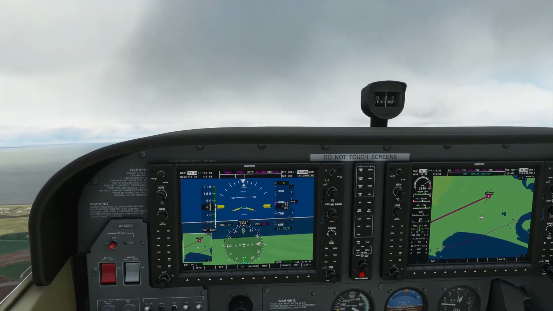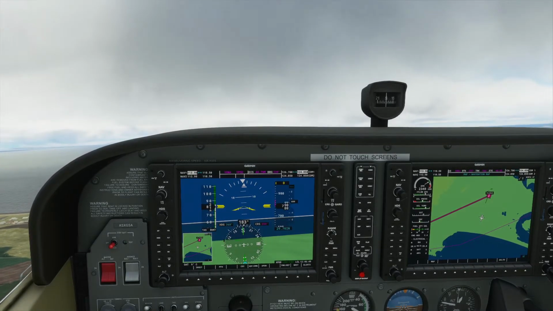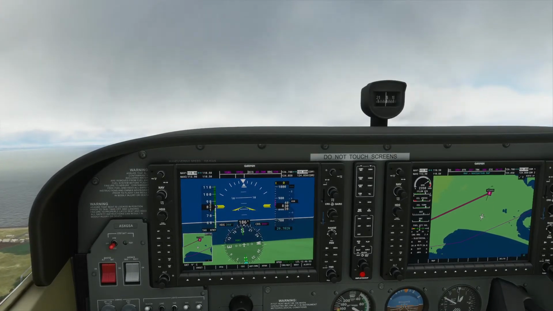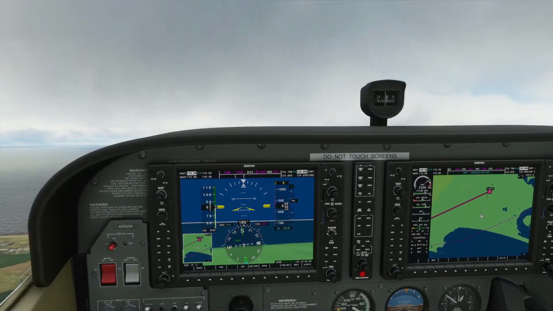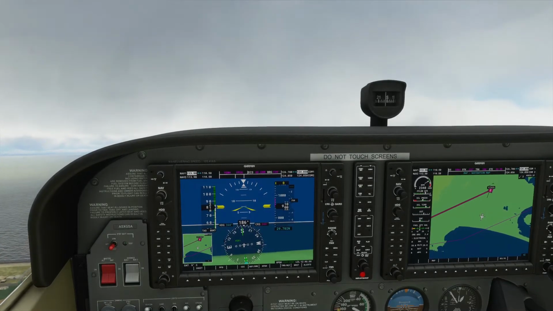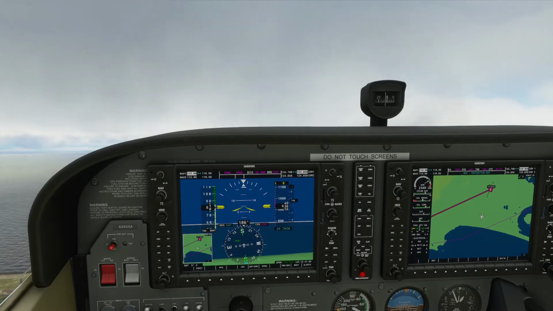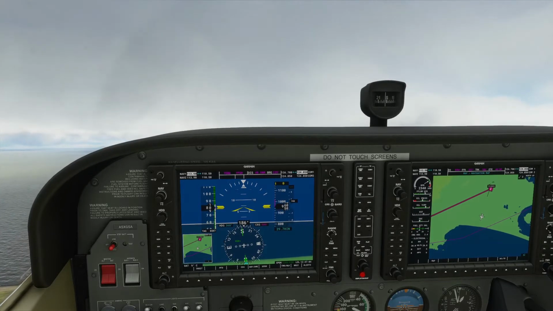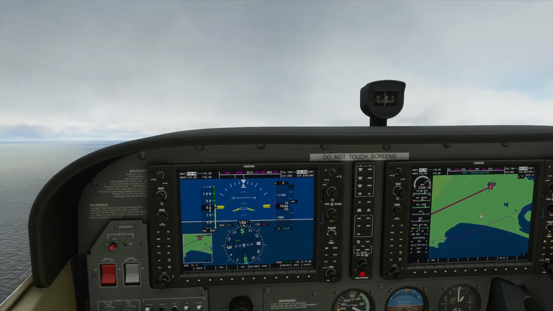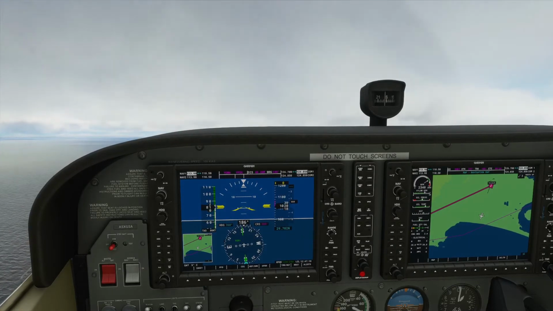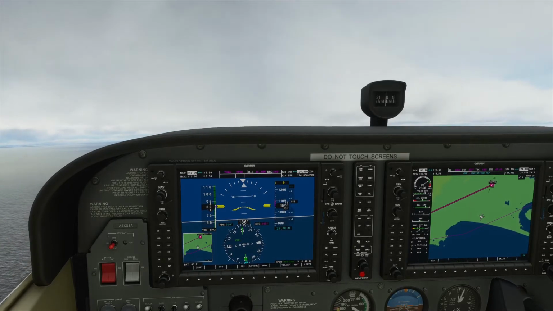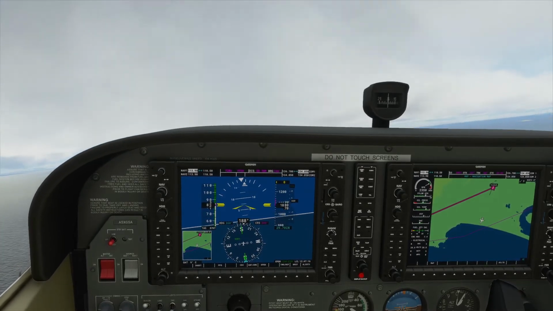Almost anyway. It's about 190 or 189 degrees or something. So I've got a nice stable climb. Everything's in the green. The fuel flow is a little bit higher than normal because we are climbing. Our vacuum's okay, our oil temperature's okay, and the exhaust gas temperature is okay as well. We are at 1000, so we will now turn around